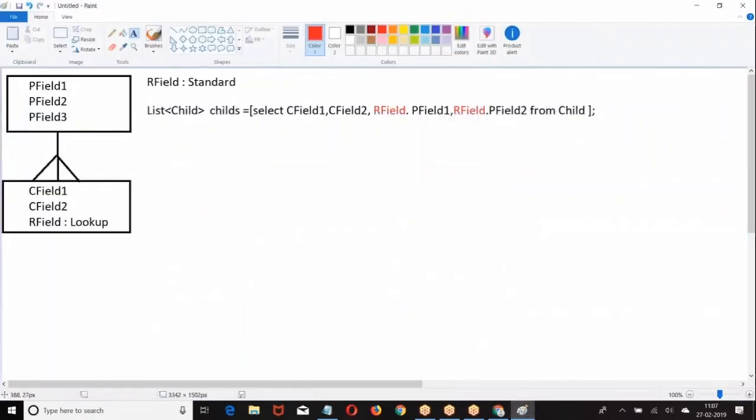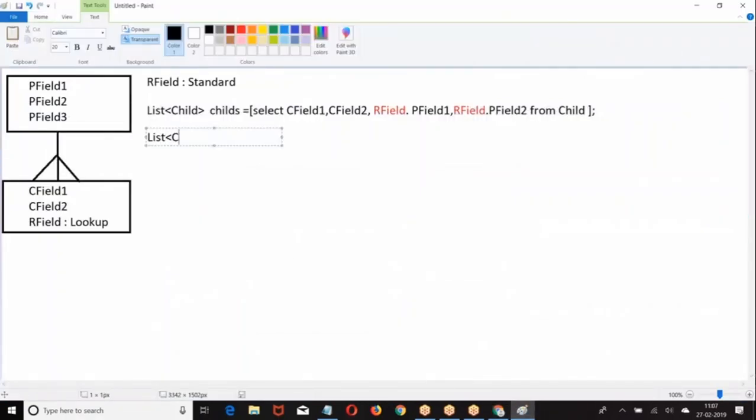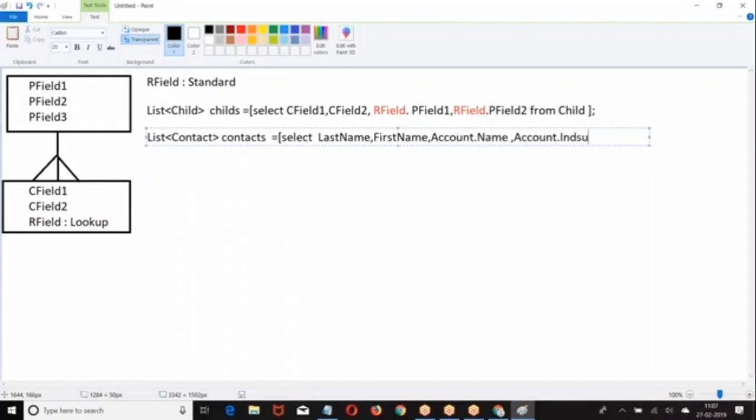So how do you write the SQL query now? It is going to be list of contacts equal to select last name, first name, account dot name, account dot industry from contact.